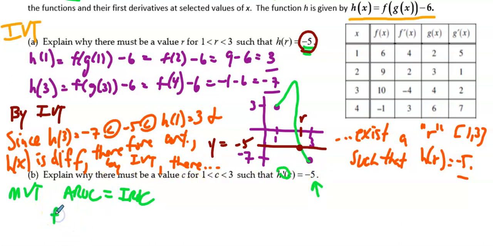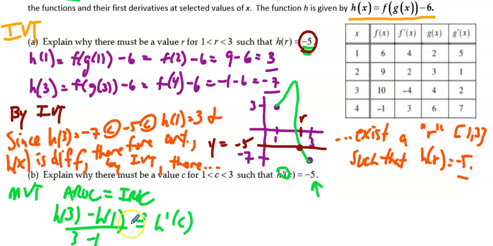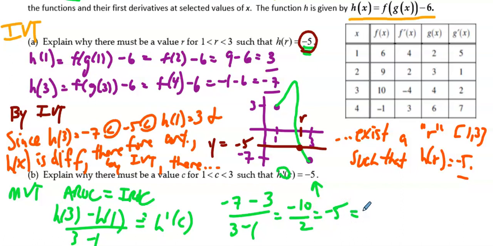So does h of 3 minus h of 1 all over 3 minus 1 equal h prime of c? That is the mean value theorem. That's what it says, that the average rate of change must equal this. So let's figure out what it is. Well, h of 3 we've actually already found, right? It's -7 minus, we've already found h of 1, right? It's actually 3. So minus 3 all over 3 minus 1. Well, that's going to be -10 over 2, which is going to give us -5,